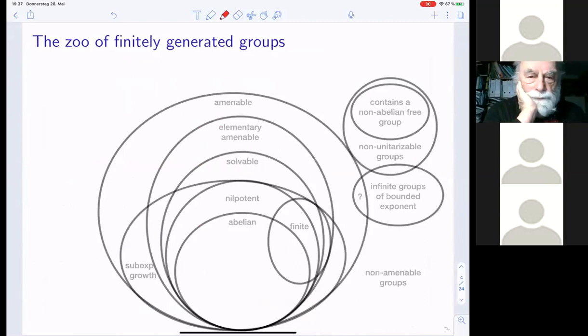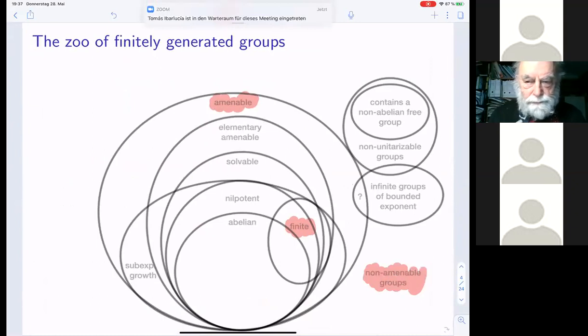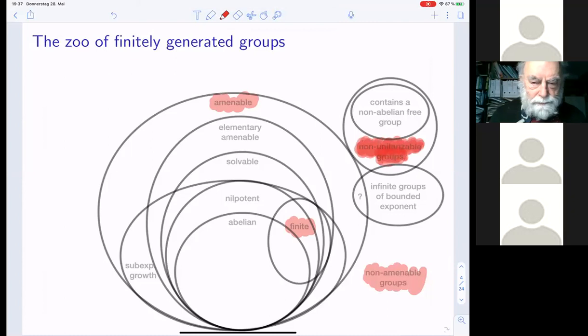This is my picture of the zoo of finitely generated groups. It's not the final picture, but it captures all kinds of different aspects that can occur in the world of finitely generated groups. What I'm interested in this talk is basically the passage from finite groups to amenable groups, and then to non-amenable groups, and maybe, very important for us, this potential class of non-unitarizable groups, which I will explain